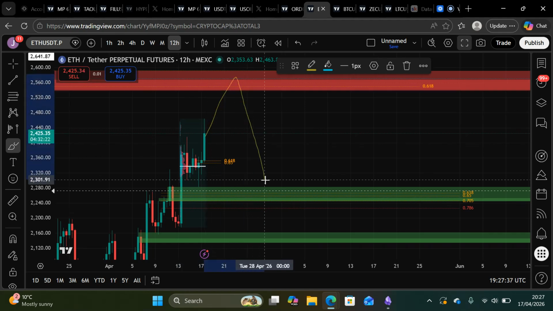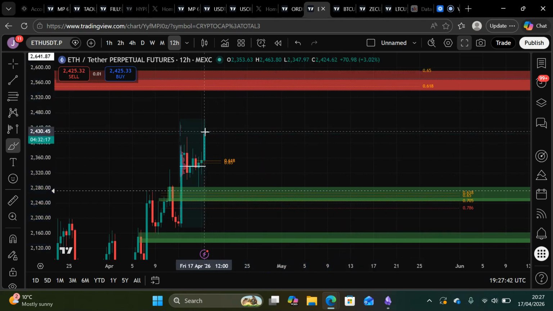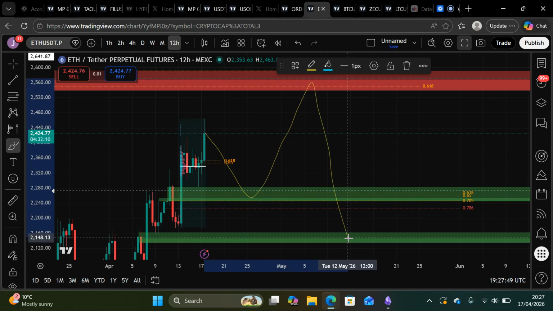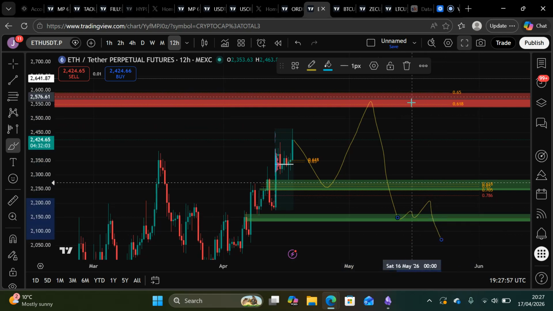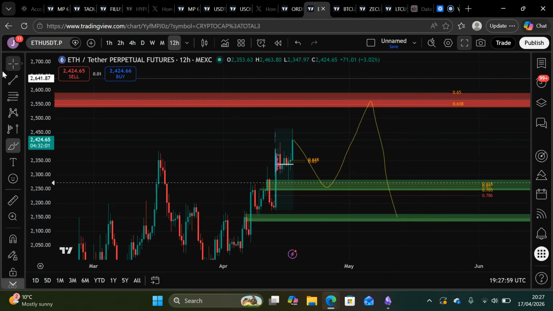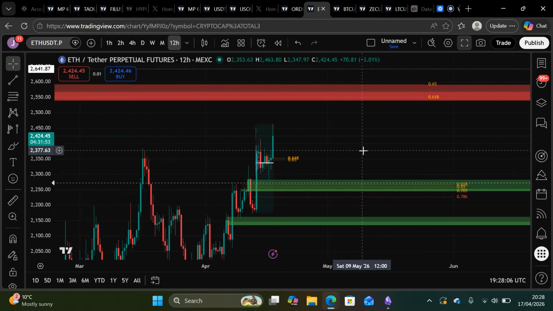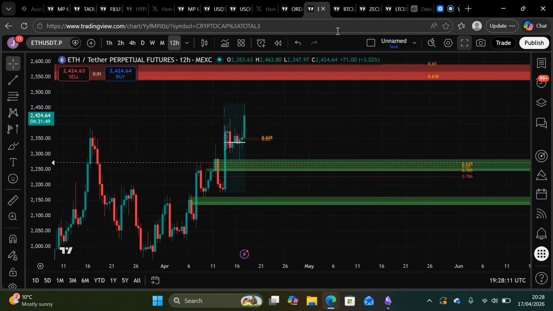We could run up to that level, hit that, maybe possibly run up and run down, okay? And then that outcome where we run to the medium time frame level and then back to the high time frame level and then continue to run down. And then we have a bullish level I have marked down here. I don't think this is too optimal, okay? So maybe a little scalp off that, something like that. It's always good to draw out your ideas as well. I like drawing my ideas out like that. I know Lucky Chart Ape does that, and I only started doing it because I saw Lucky Chart Ape doing it. I never actually did it myself as such.